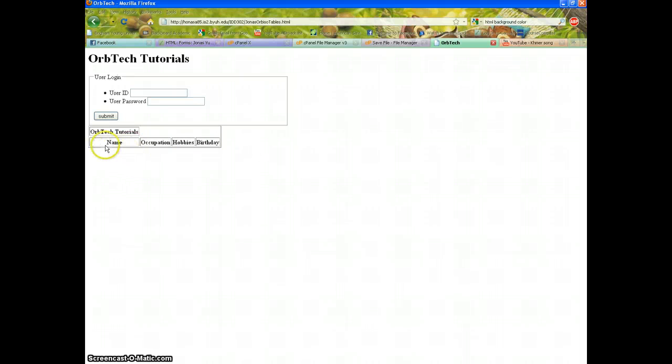And as you can see, the name cell is big. The size of our name cell is the same as the size of our OrbTech Tutorials cell. We want the cell sizes to be the same, and we want this OrbTech Tutorials to be centered along the headers that we have. So to do that, we need to go back to our file,